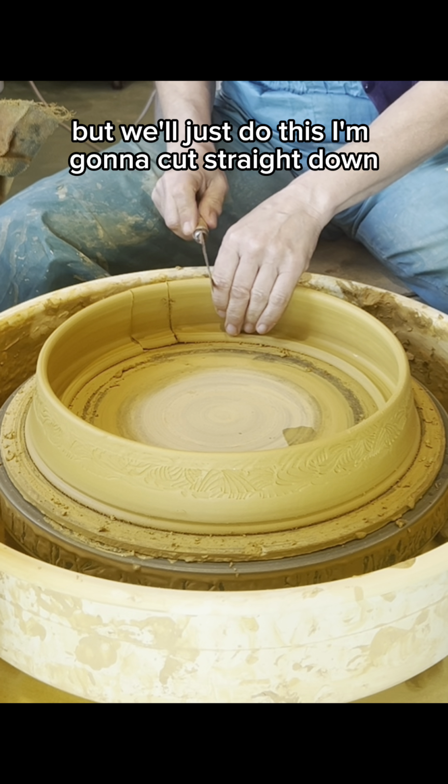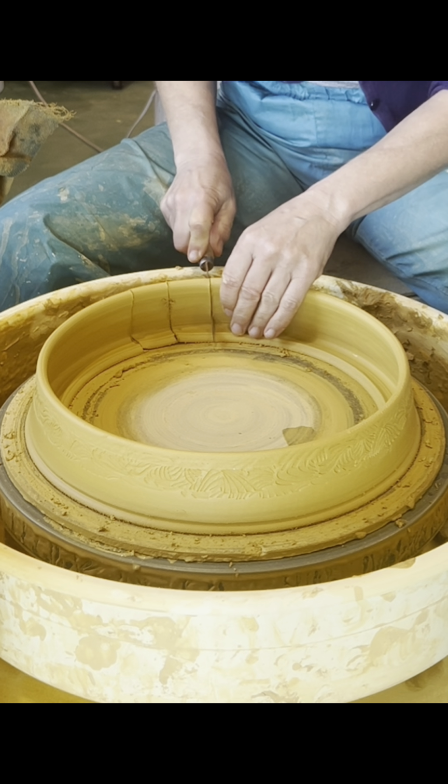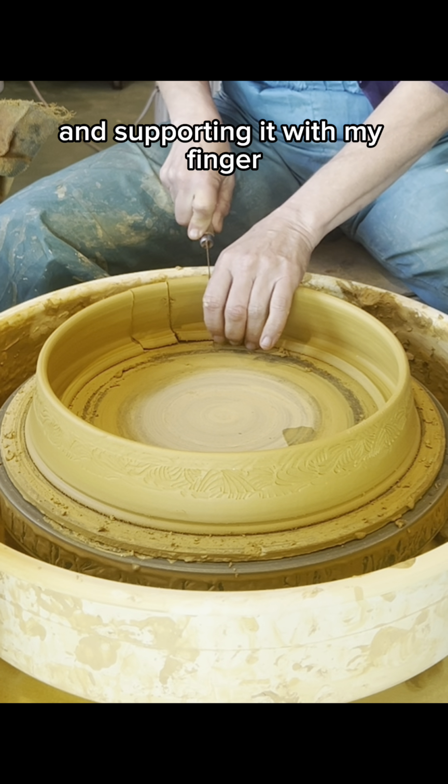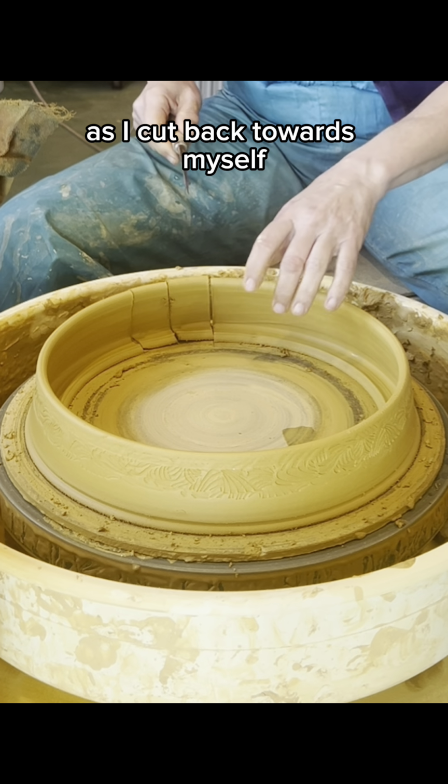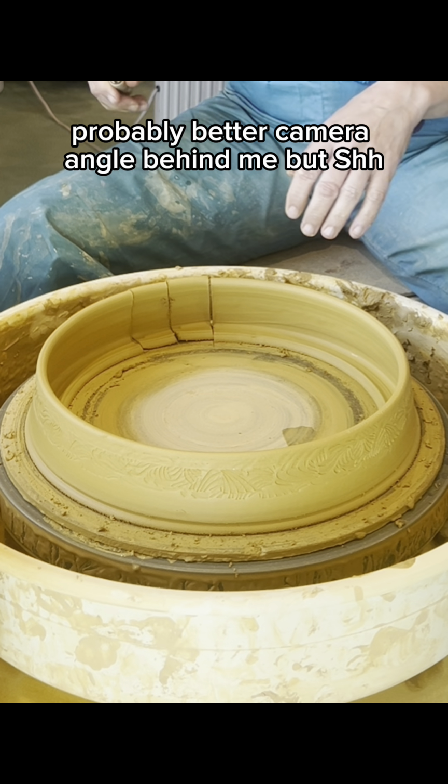I'm going to cut straight down, supporting the rim, and supporting it with my finger as I cut back towards myself. Probably be better if the camera were behind me, but